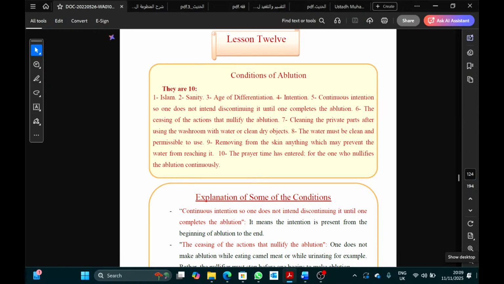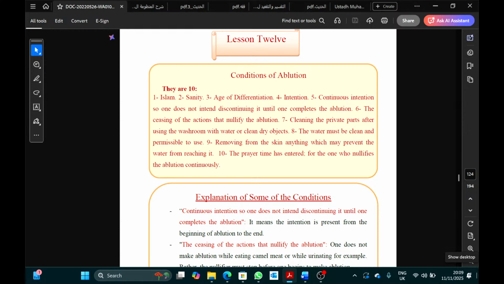And then istinja, cleaning the private parts after using the washroom with water or clean dry objects. Water is known as istinja, and using clean dry objects is known as istijmar. Back in the day it was rocks and so on, but nowadays tissue. But we're going to talk a bit more about that later on, bi'idhnillahi ta'ala.